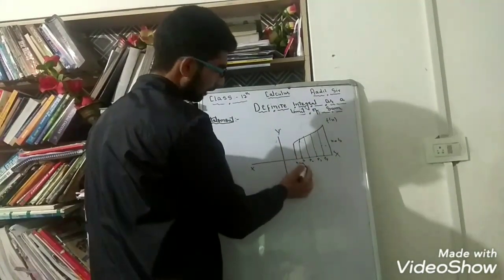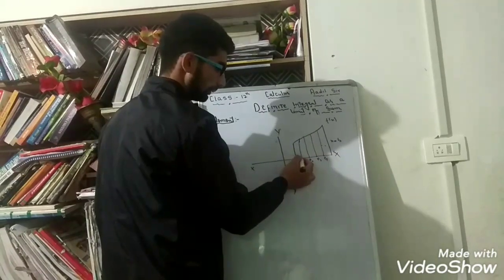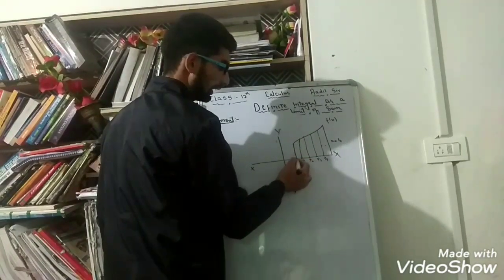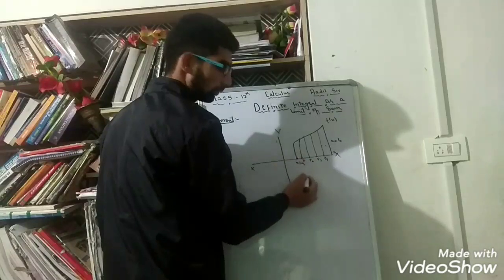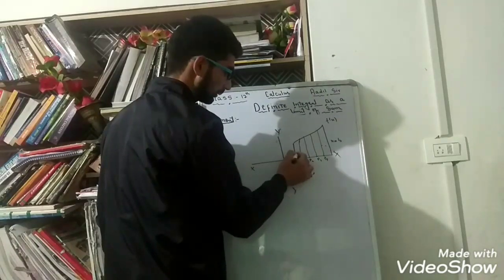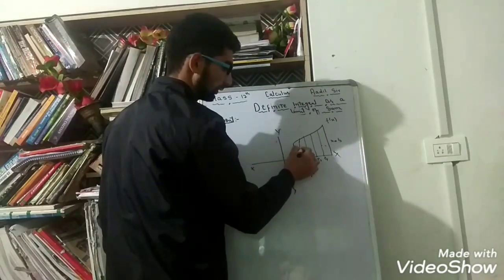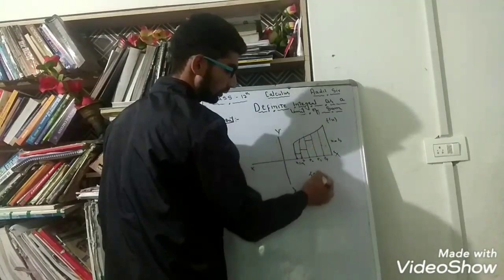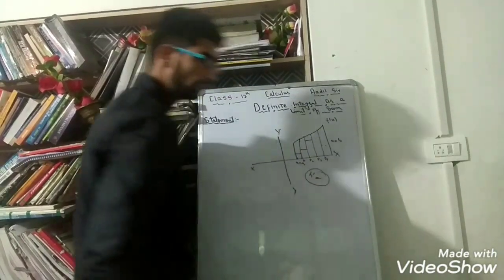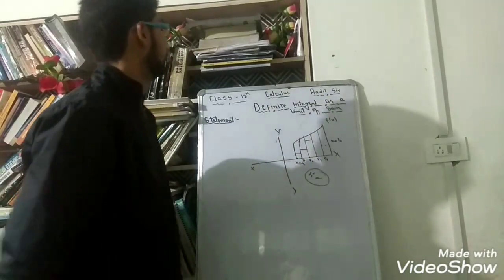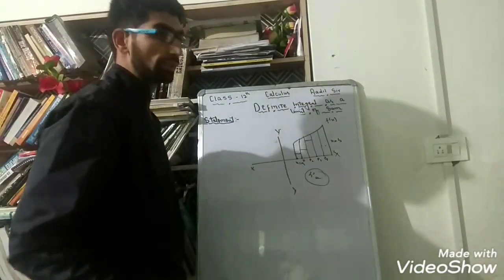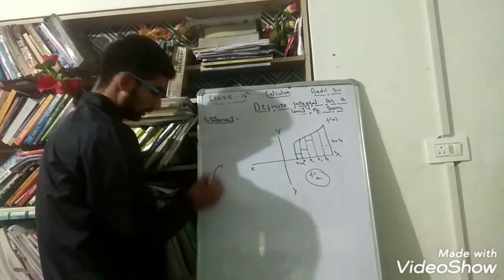If I take the length of each portion equal to h, for example the length from this to this, and from this to this, is equal to h, then the definite integral as a limit of sum says